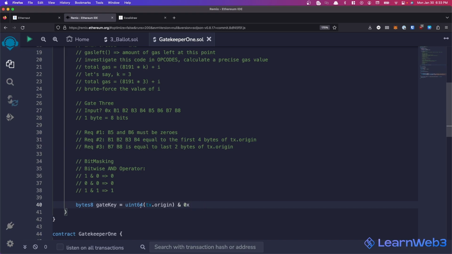So if we represent 64 bits in hexadecimal, again, 2 hexadecimal characters is 1 byte, 64 bits is 8 bytes, so it's 16 characters in hexadecimal, and let's go through it. So we want the first 4 bytes to be equal to tx.origin, which is whatever values, so we'll set it to be FF, FF, FF, FF. These are 4 bytes, and F